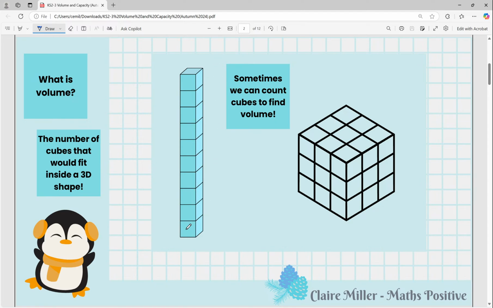I can see that there's one cube here on the bottom, and then another one further up. 3, 4, 5, 6, 7, 8, 9, 10. There are 10 cubes there. It's a visual representation of 10 cubes. I can't see them fully because some of the bits haven't been drawn because they're hiding behind the front part